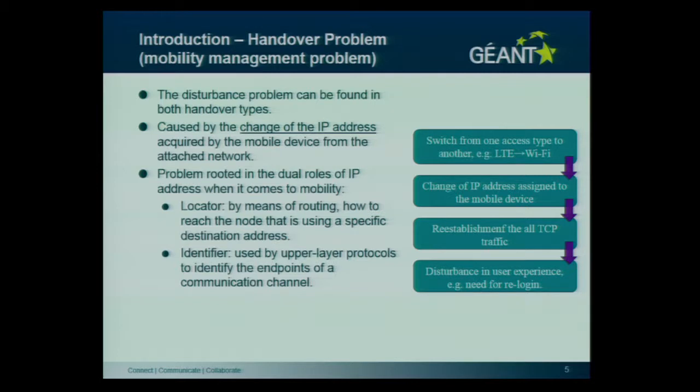Basically, it's telling the system where this node is. The other one is used by upper layer protocols like TCP to identify the endpoints, basically telling who this is. This is perfect in a static scenario, but it's going to cause some problems in a mobile world.